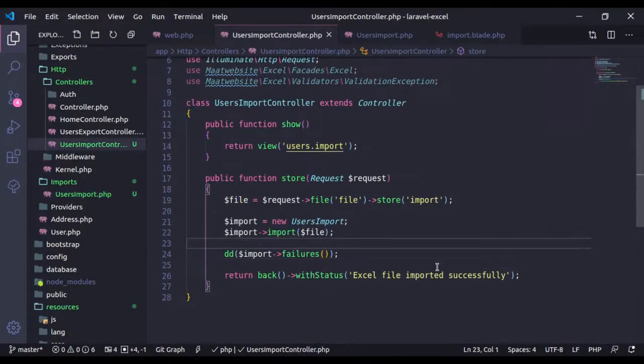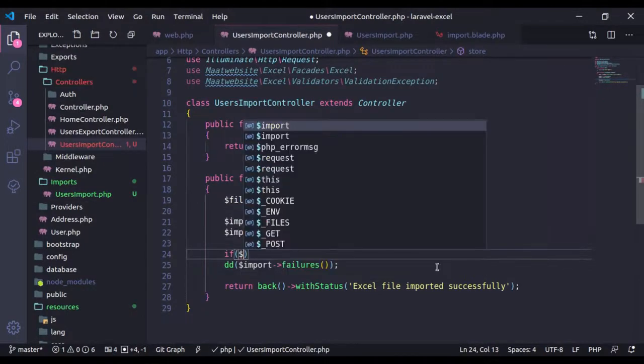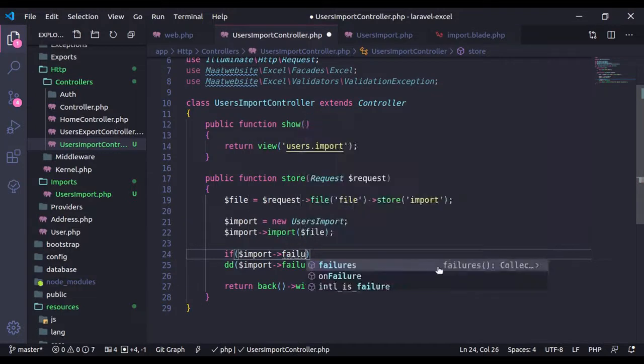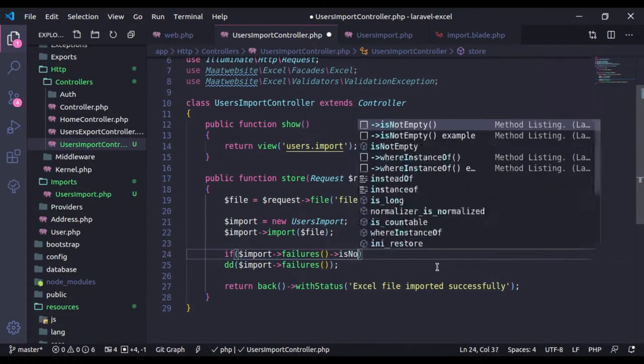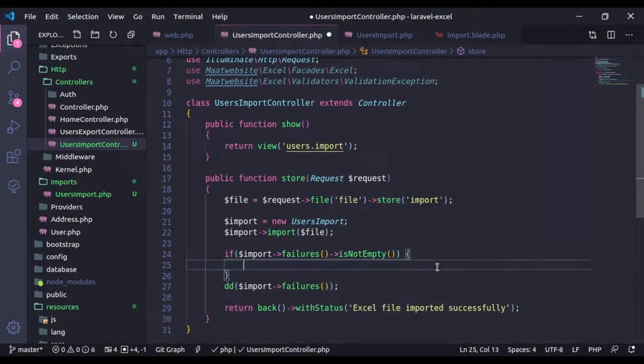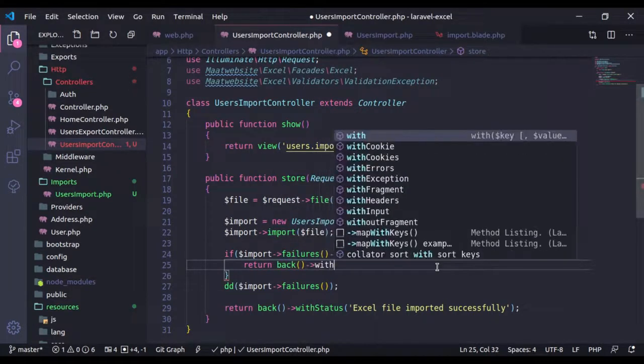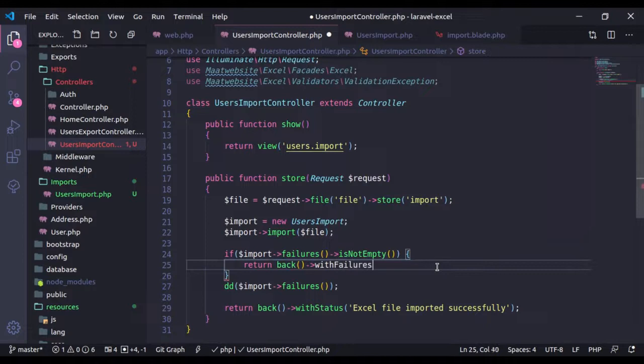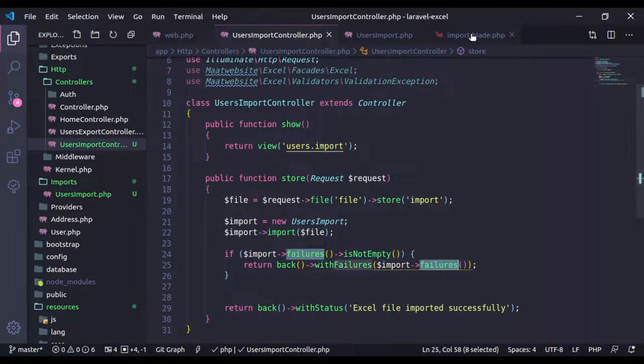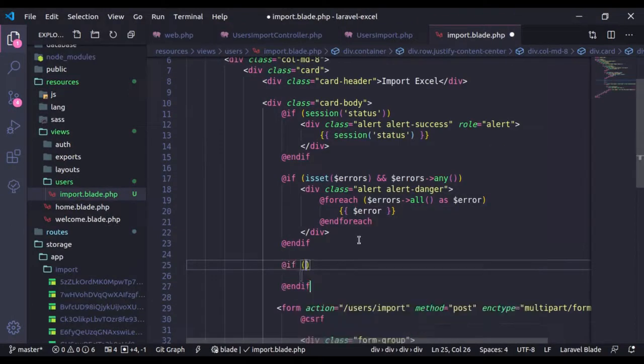So in the controller, here I'll say if $import failures is not empty, then we will return back with failures, and here I'll pass this import failures and remove this. Now in the blade file, if session has failures,